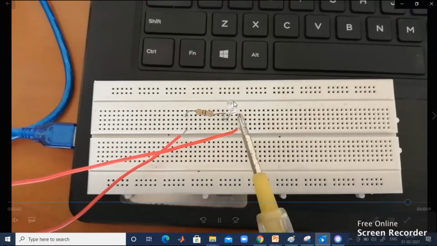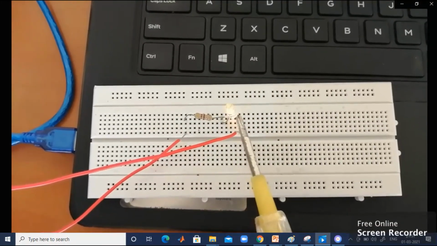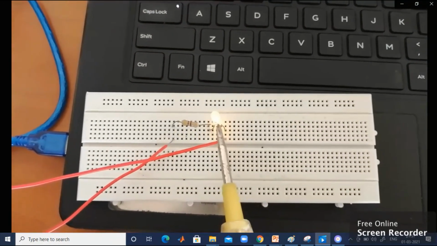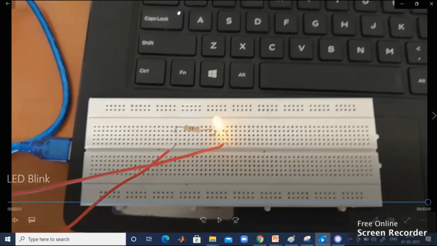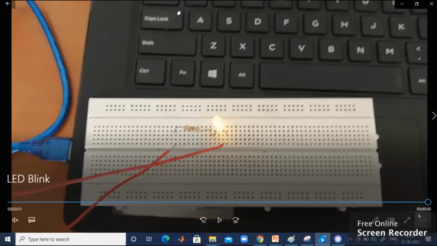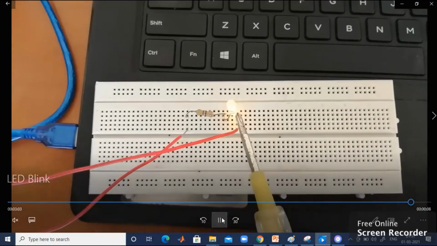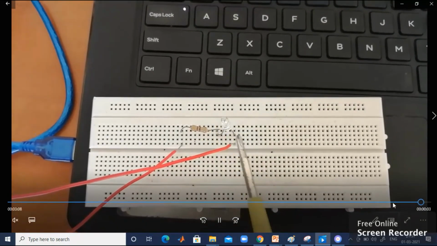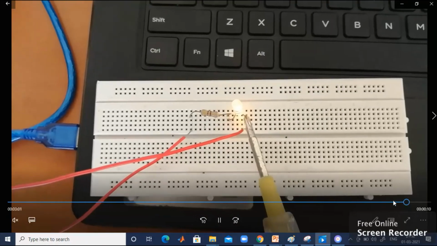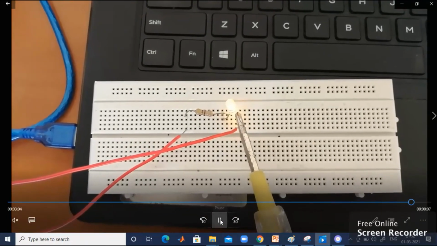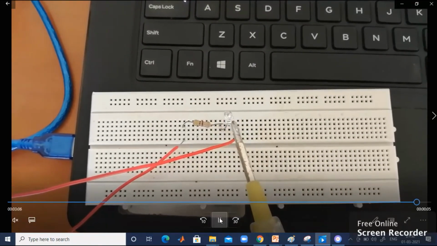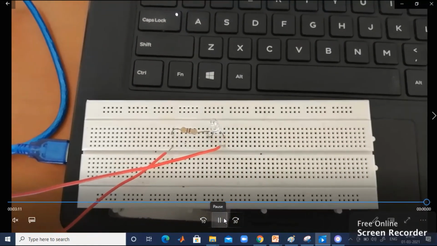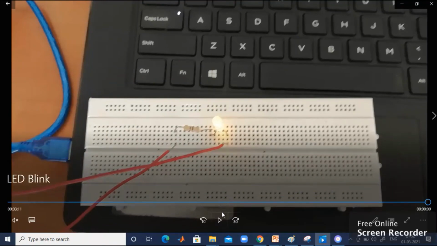So afterwards, what observation did you make? See, every 1 second the LED is on and afterwards it goes off. Okay, at a delay of 1 second. That is clearly visible and can be observed very clearly. Every 1 second it is on and off. This process will be repeated. Okay, this is one of the simplest programs. You can practice it and try to understand. This is required.